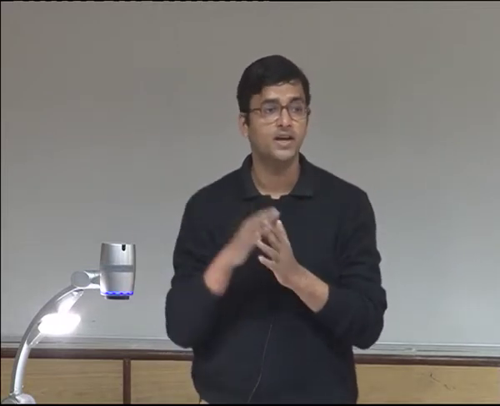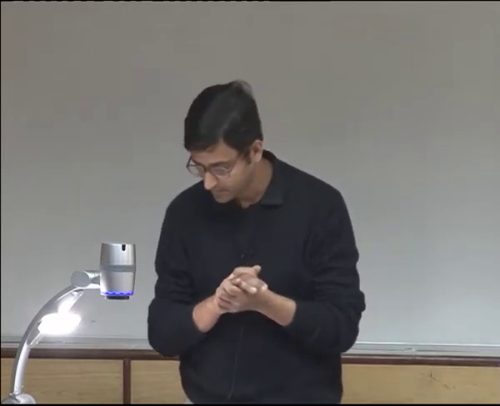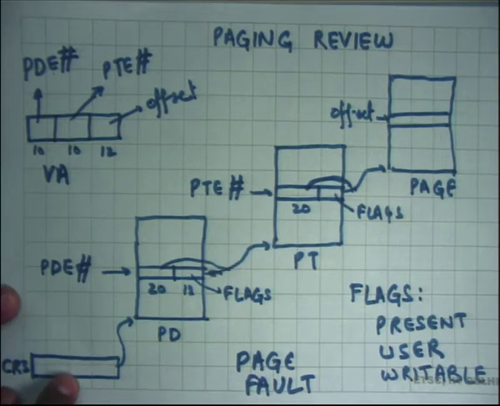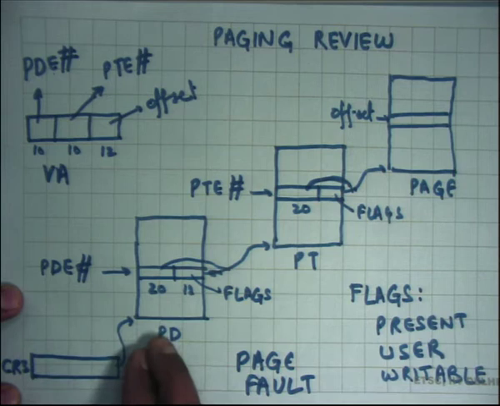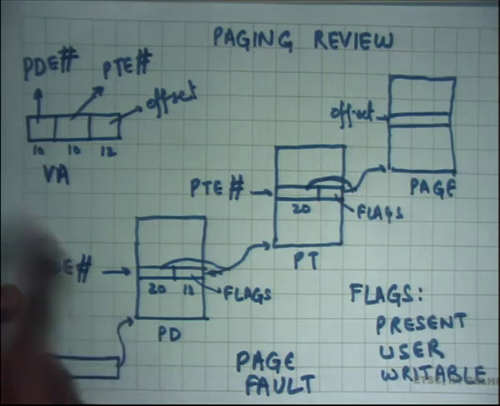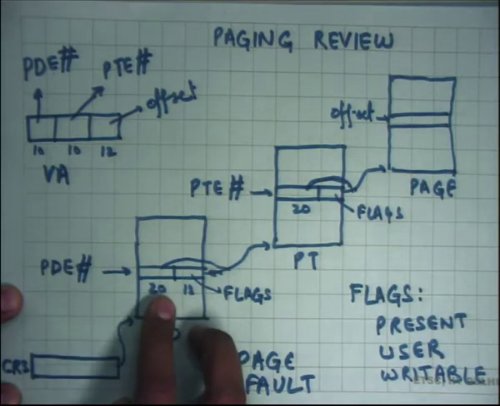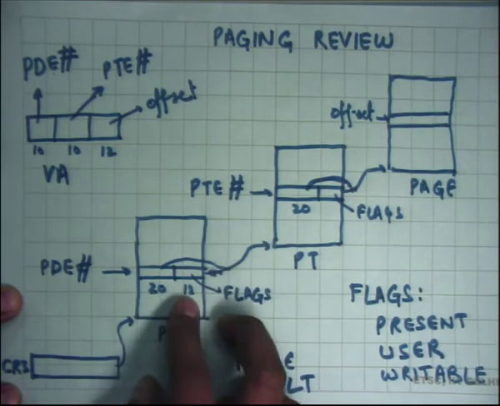Even if all the pages are mapped, even then the 2-level hierarchy is not too much more space hungry than a 1-level page hierarchy. All right. On the chip there is a register called CR3 which holds a physical address which points to the base of the page directory. The top 10 bits of the virtual address are used to index into the page directory, from which you get a 20-bit physical address of the page table and 12 bits of flags.